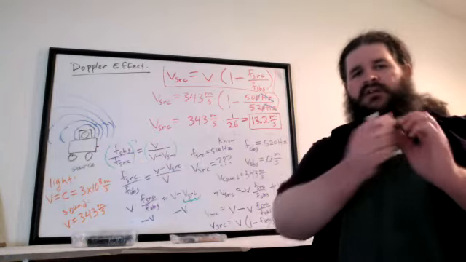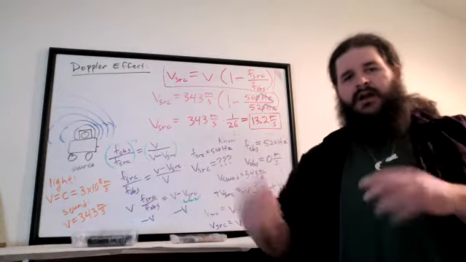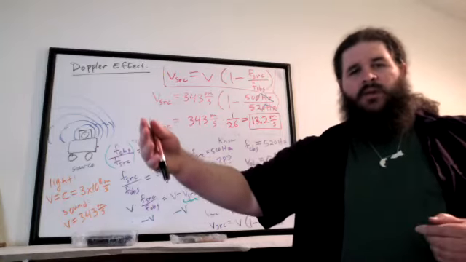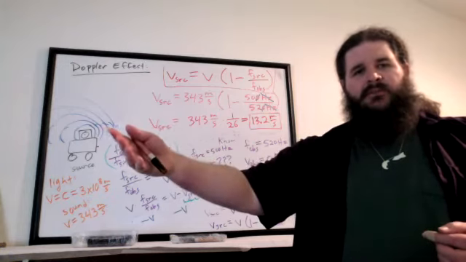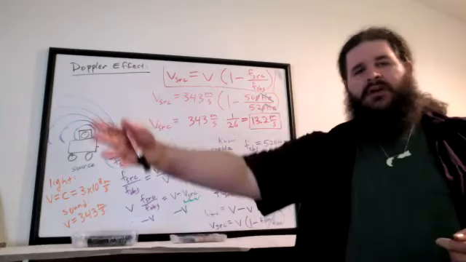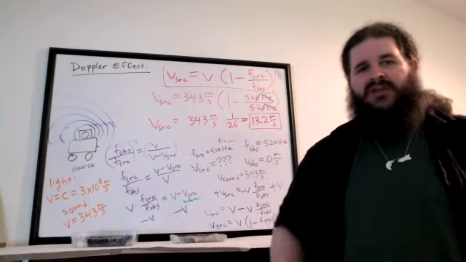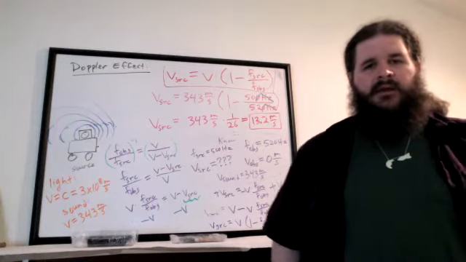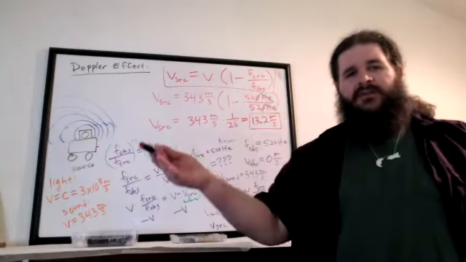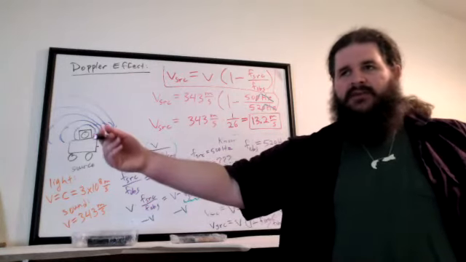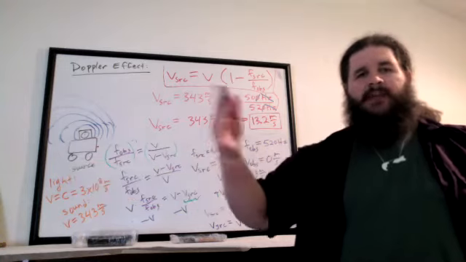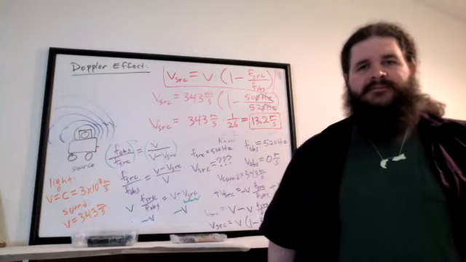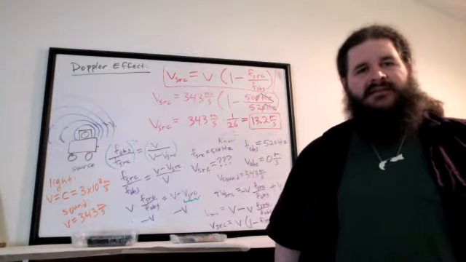You get an echo. So when you're shooting the sound towards the car, you treat your sonar gun as the source and treat the car as the observer, and figure out what frequency the car hears. But then when it bounces back, you treat the car as the source and treat your sonar gun as the observer. So you'd be using the Doppler effect twice to figure out the speed of the car. Whatever you get is the frequency that the car observes in the first leg of the journey. The car is going to echo back that same frequency, and you treat that as the frequency of the source in the second part. Any questions on that?